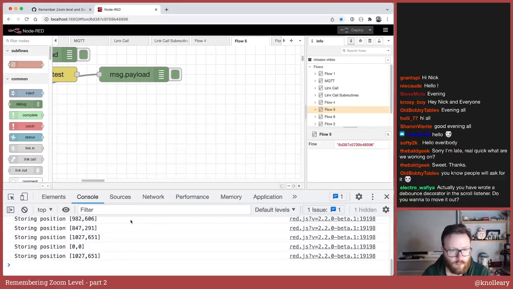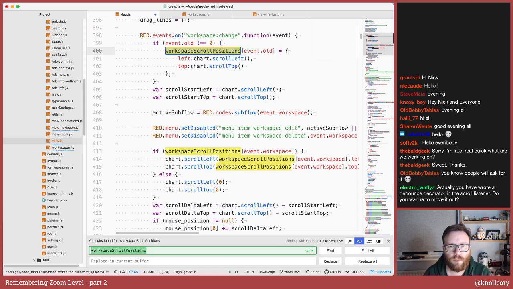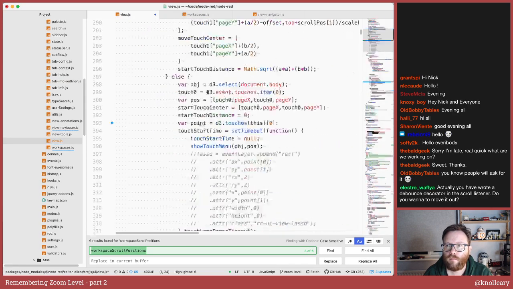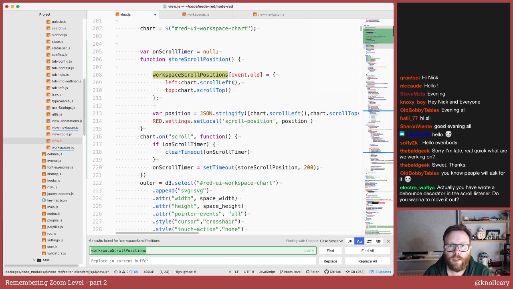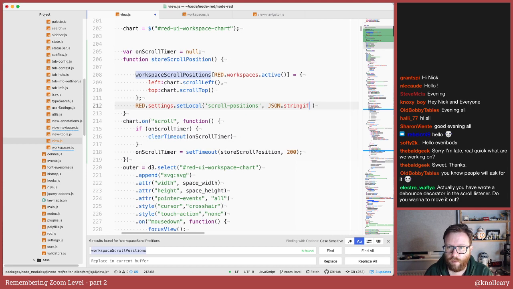I think it's red.workspaces.active. Yeah, that gives the ID of the active workspace. So up here, we'll store against the red.workspaces.active, the current position, and yeah, we'll call it scroll positions. Why not? And we'll JSON.stringify that instead.